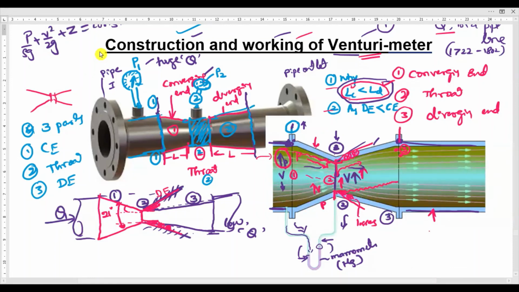The pressure at this point, that is point number 3 or section number 3, will be the same as the pressure at point number 1, because this end is also connected to the pipe where the fluid is flowing, and this end is also connected to the same pipe where the fluid is flowing. So the pressure at point number 3 or section 3 will be the same as the pressure at point number